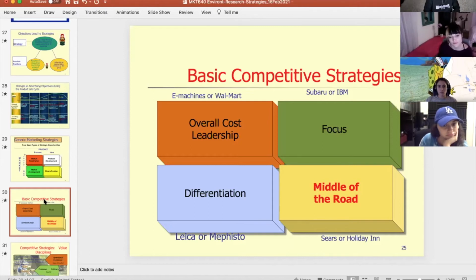Differentiation is, in a way, the outcome of focus, because what the company tries to do is to be very different in the way it is set up. So it's not the case anymore, but Apple used to be a differentiation. Well, in fact, that was their slogan, think different. It was this brand for the people that wanted something to be more unique, to be more special, to be more for like an elite or a group of people who knows about the product.